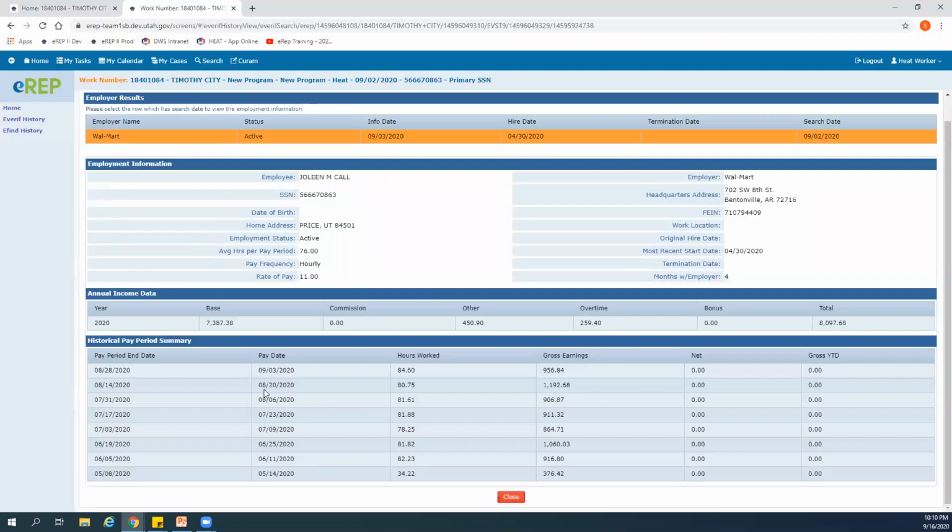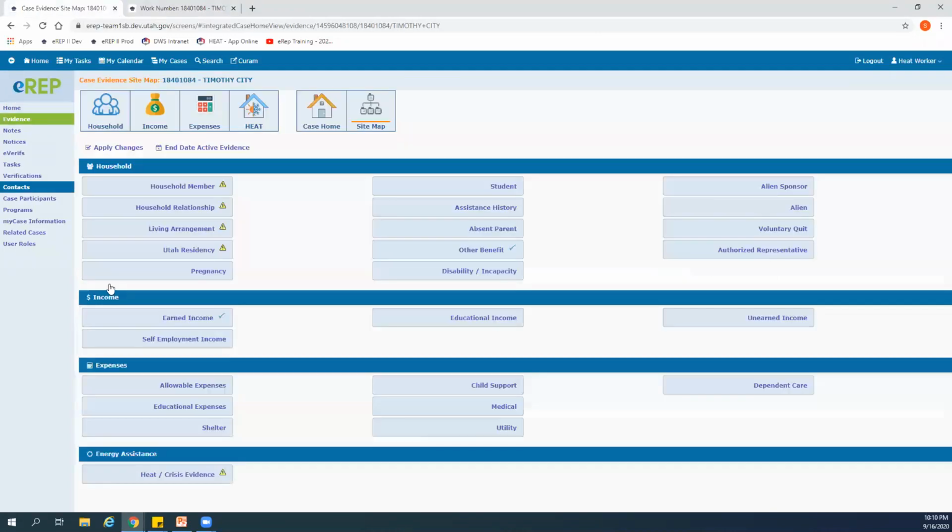One thing to be aware of is EREP will auto post earned income that comes over from the work number. When I say auto post, that means it will automatically post a best estimate of income based on what is pulled over from here. I'm going to show you that right now. If we go to the evidence screen under earned income, you'll see that there's a check mark. That means that the system has auto posted